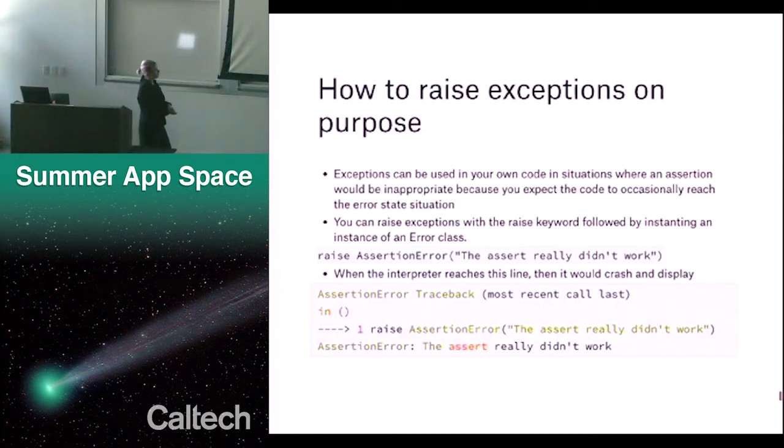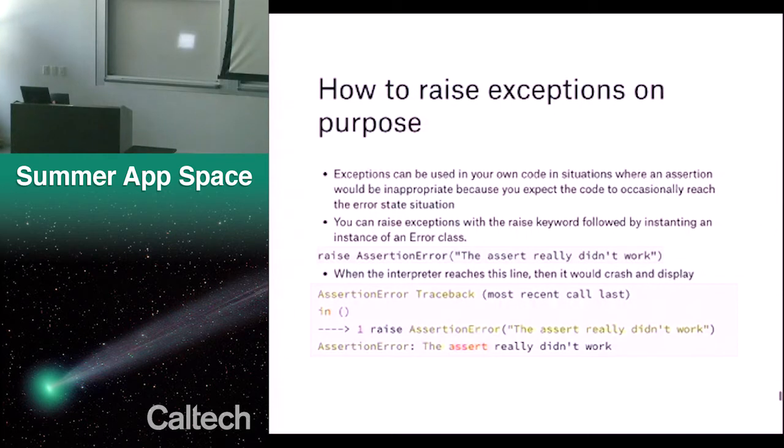Exceptions can be used in your own code in situations where an assertion would be inappropriate because you expect the code to occasionally reach the error state. And you can raise an exception with the raise keyword followed by instantiating an instance of an error class. So here I could, in my own code, say raise AssertionError and then give it a little string of what to print. And then when the interpreter reached that line, it would crash and display